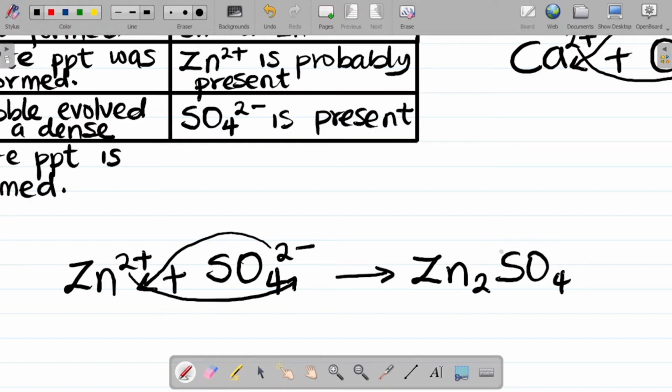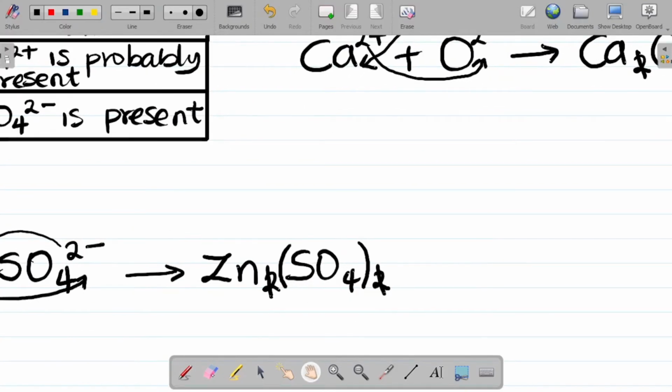Now, since SO4 is a radical, that means it has more than one atom of an element here. You have the 2 under the bracket. So I have this 2. Observe the way I work with this, because it's not just one element. It's more like atoms of two different elements here. In this case, since they are both the same number, 2 and 2, the 2 will cancel the 2. So the compound I have here is probably zinc